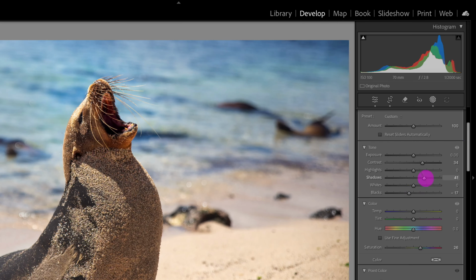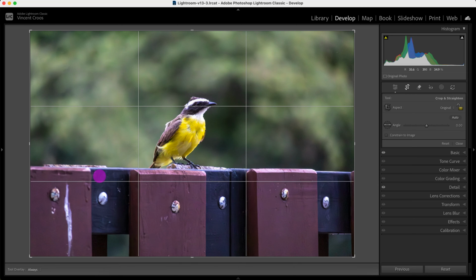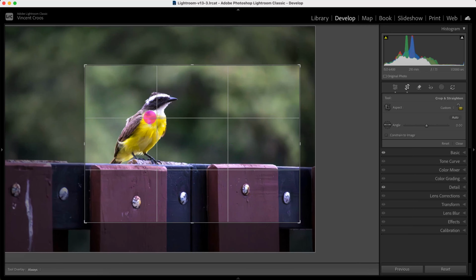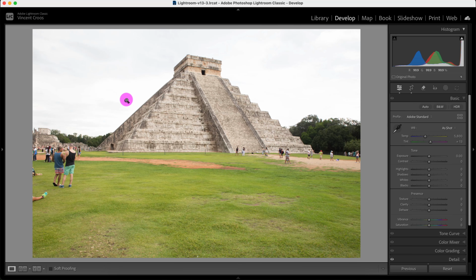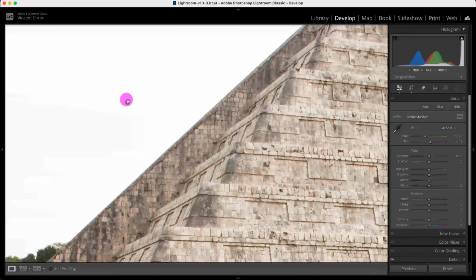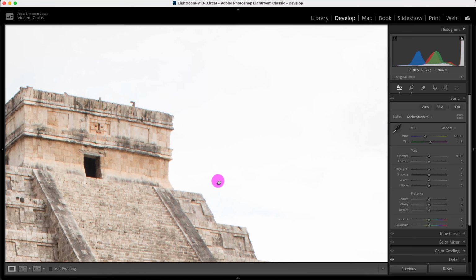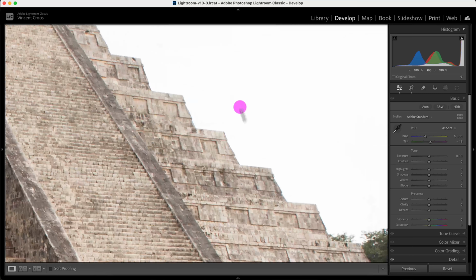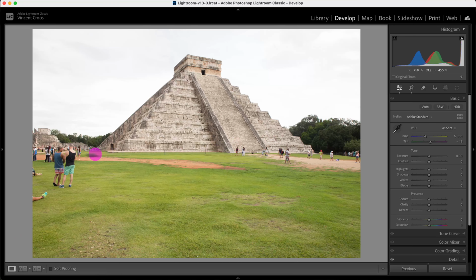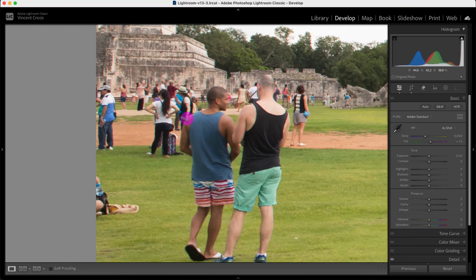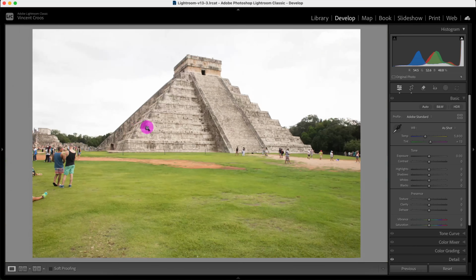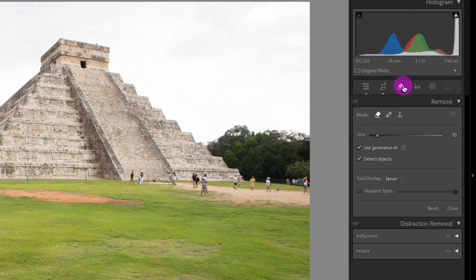I'll be using Lightroom, but you can use any modern photography software including mobile apps. Let's get started. When I first start editing a photo, I need to make sure it's manageable and has a chance to be shown to the world. So I take a look around to make sure there's no dust spots or rain spots or unwanted people or objects. So in this photo, there's quite a few people, so I can click on the remove tool here